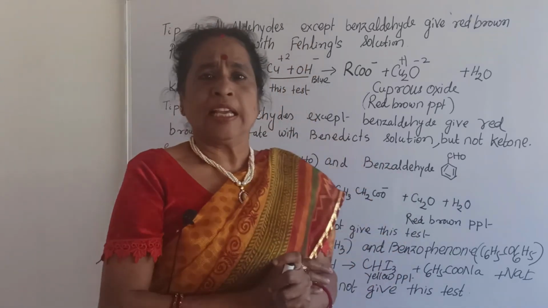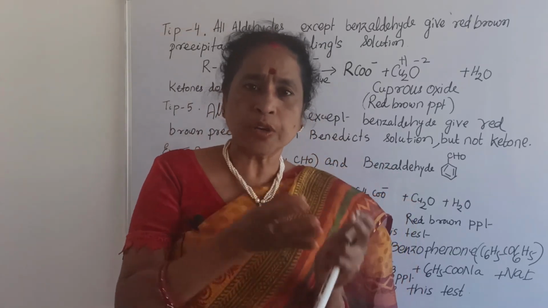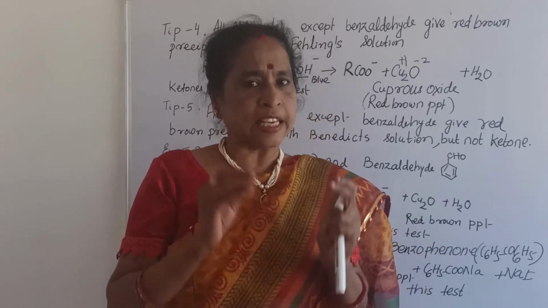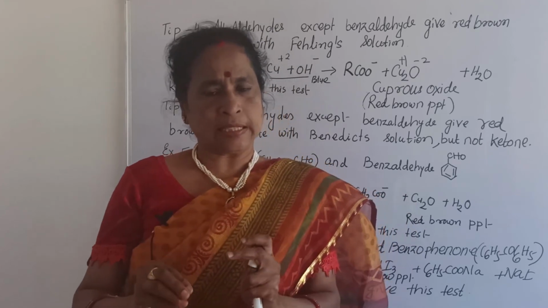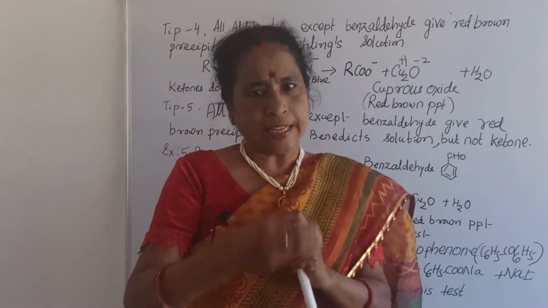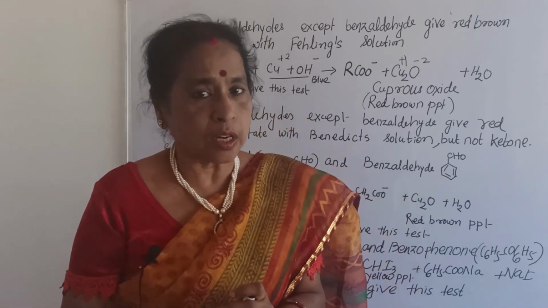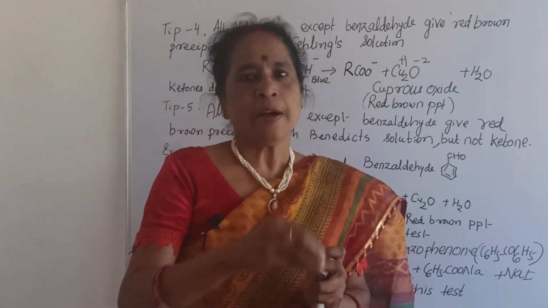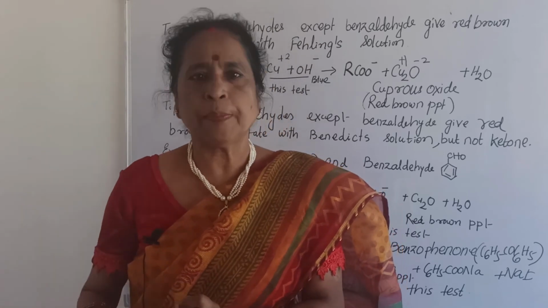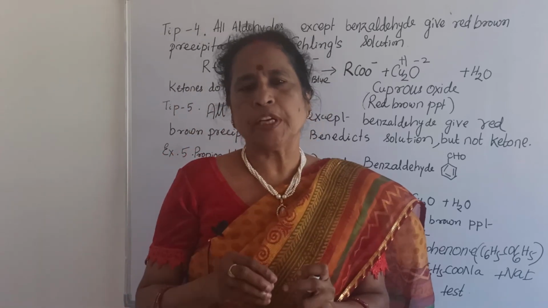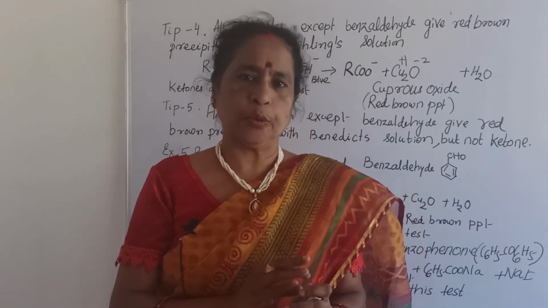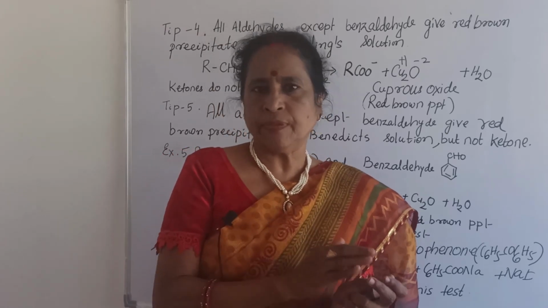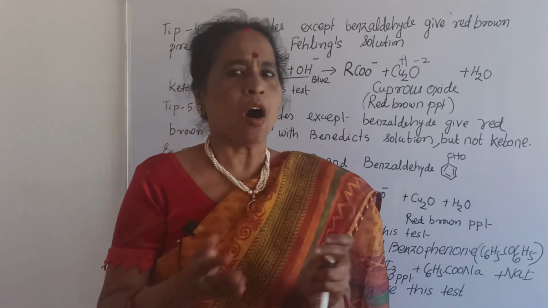Now in this video I explained how you can distinguish between aldehyde and ketone. That means it is easy to know all the types of tests and how to carry out the test and what the color of the precipitate is. If you remember the name of the test and the color of the precipitate, it is easy to distinguish between aldehyde and ketone. In a further video, I will explain how you can differentiate between two types of acid, or aldehyde and ketone with acid.